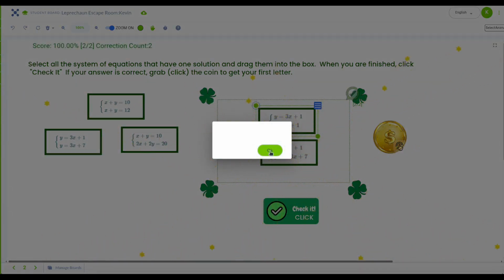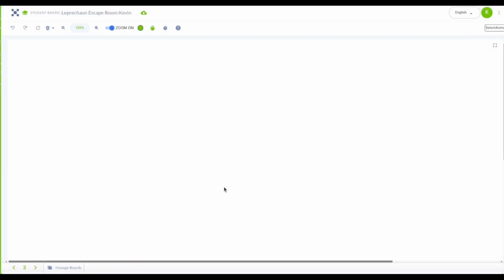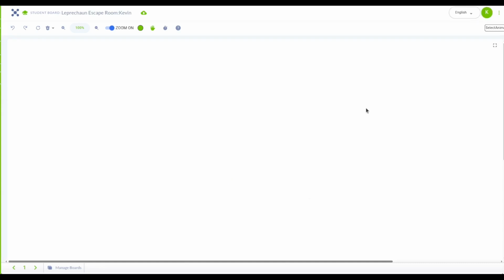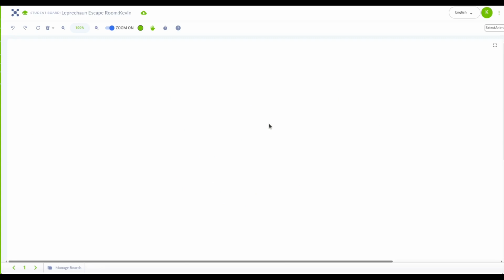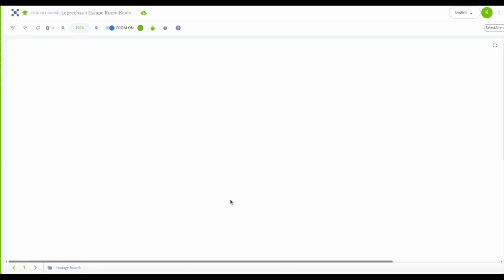Okay, once I've got all my points, I can now move to page 3 without any problem, and that reveals my first clue, right? And again, there's another link. This time it's to return to page 1. So you can go back to page 1. And so the student essentially walks through all these different rooms and tries to solve it, and then goes back to page 1, complete all the activities,